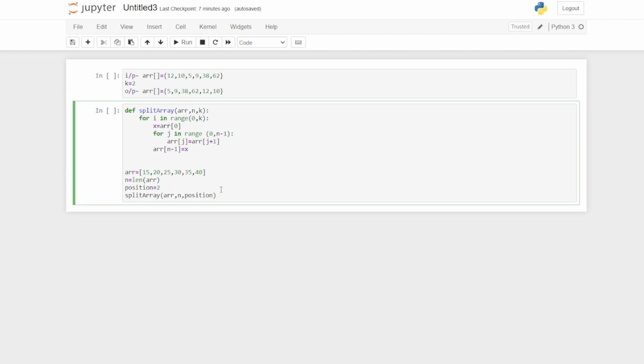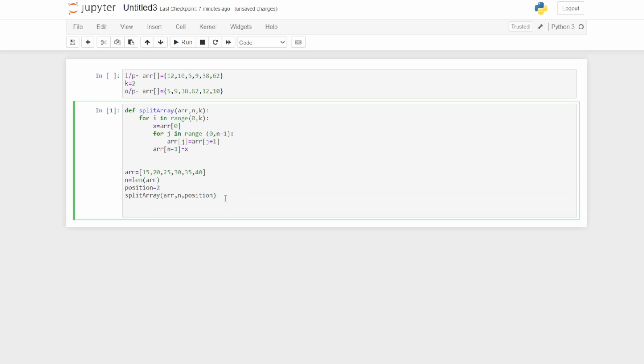Now, after we have done all this, let us print the output. When we run this, we do not get any output because we do not have any print statement. So at the last, we will write a print statement to print out the resultant array. For that, we will use a for loop which will iterate over the range 0 to n.